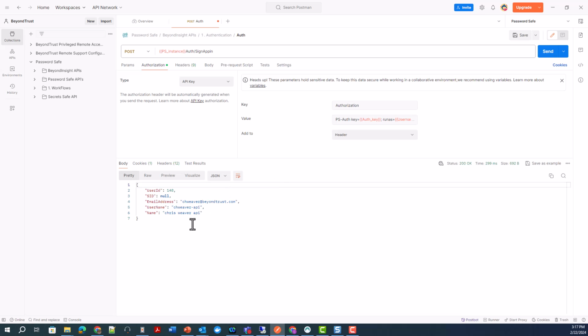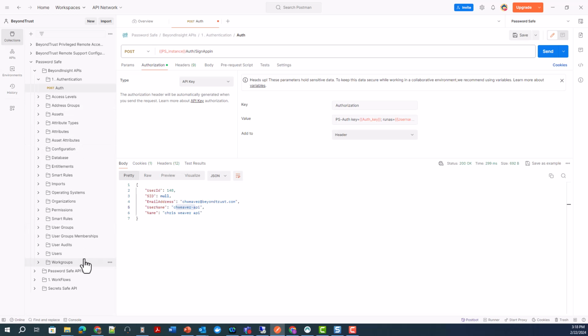All right, awesome. So if you look down below, these are the results. They're shown in the pretty format, and this is the user ID for my API user. That's chweaver-API. There's an email address associated with it, and it's my account, right, that I use for my API examples. The password safe APIs are split up into 3 different sections. We'll ignore workflows for the time being. But BeyondInsight, this is really the APIs that allow us to do more of the management piece behind password safe. If I need to add in assets,